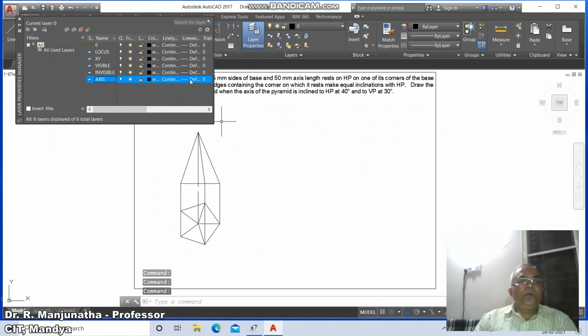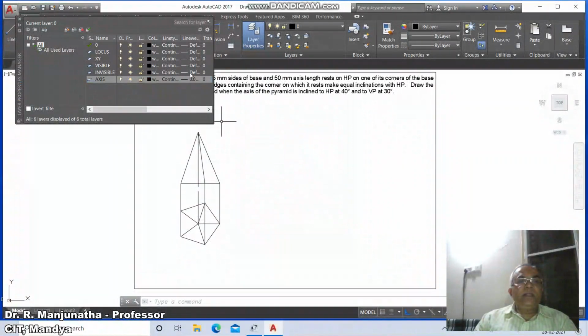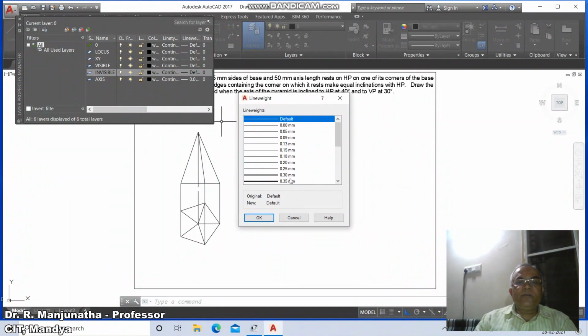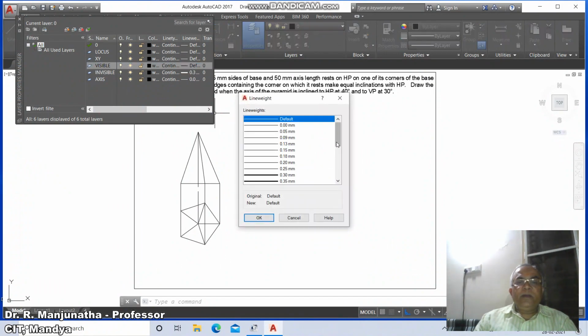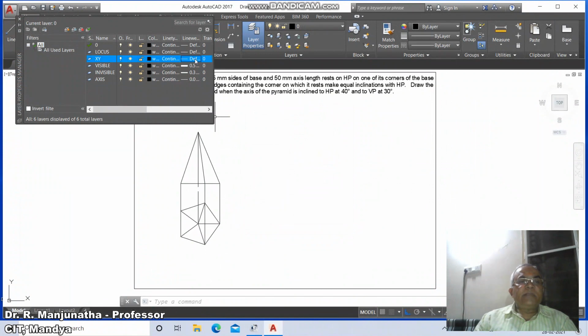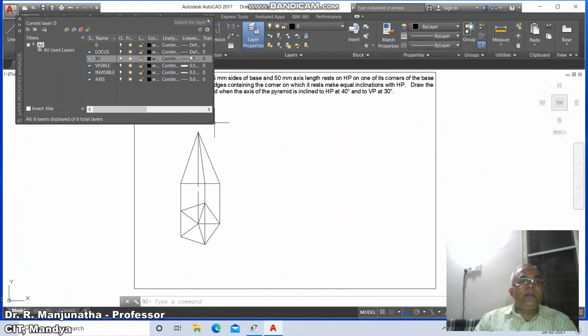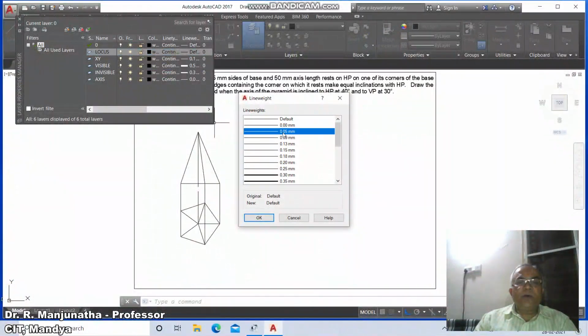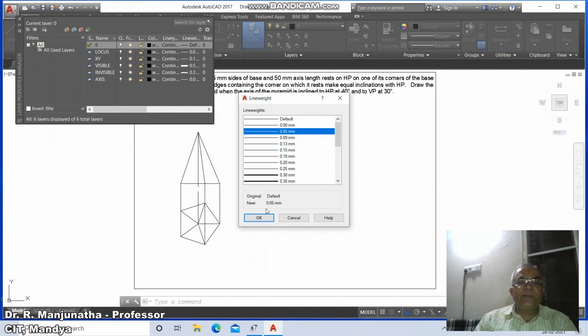Then go to axis line type, set it to 0.05, then invisible layer default line weight as 0.3, then visible line weight as 0.5 and say OK. XY default is 0.13 and then locus default is 0.05 and layer 0 default as 0.05 and say OK.